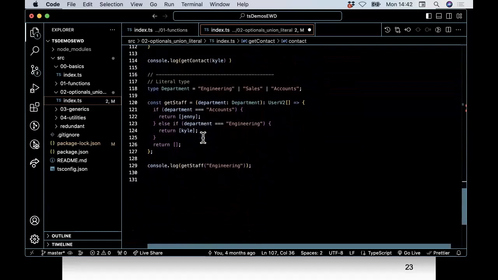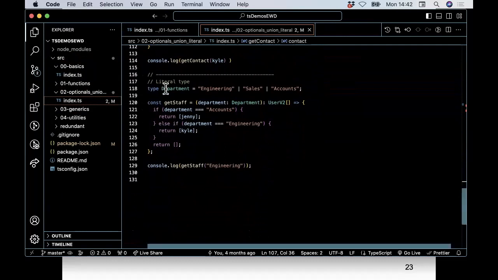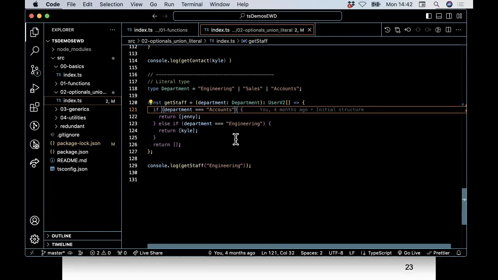And back to literal types. Here's another example of a literal type. I've got a department here, so it can be either equal to engineering, sales, or accountancy. Okay, that's just an example, I guess. Well, no, let's follow through on it. Here I've got an if statement, and again, as I was typing this code, if let's say I undo some of this. So I'm doing a check here, and I want to see if it's equal to what. So as I type,